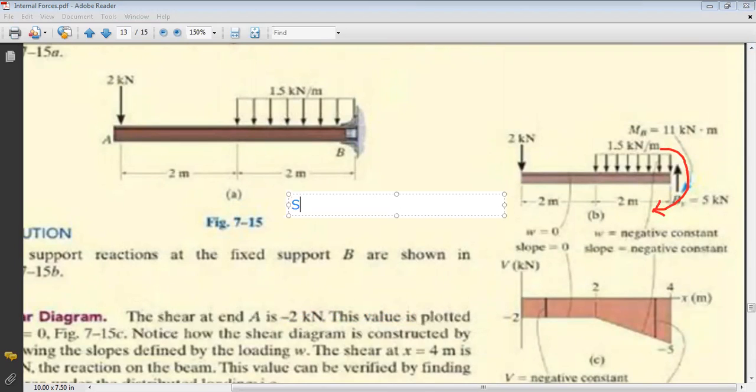So if I do sum of moments about B equals to 0, and I take the clockwise direction as positive, what do I have? I have plus MB, plus moment at fixity. Concerning the distributed load, it's doing a